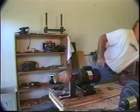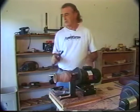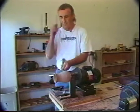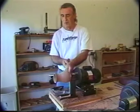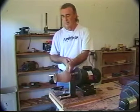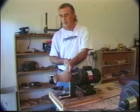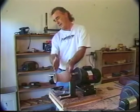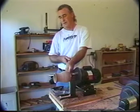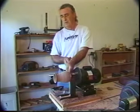Get the scraper, and I like to use a scraper as opposed to a skew or a gouge or anything like that. For this type of work, all you want to do is scrape the work, and I hold it against the tool rest and just guide the tool. Let the tool do the work and hold it probably with a handle up from the horizontal. I dip it down a little bit into the wood. Start it out real lightly,